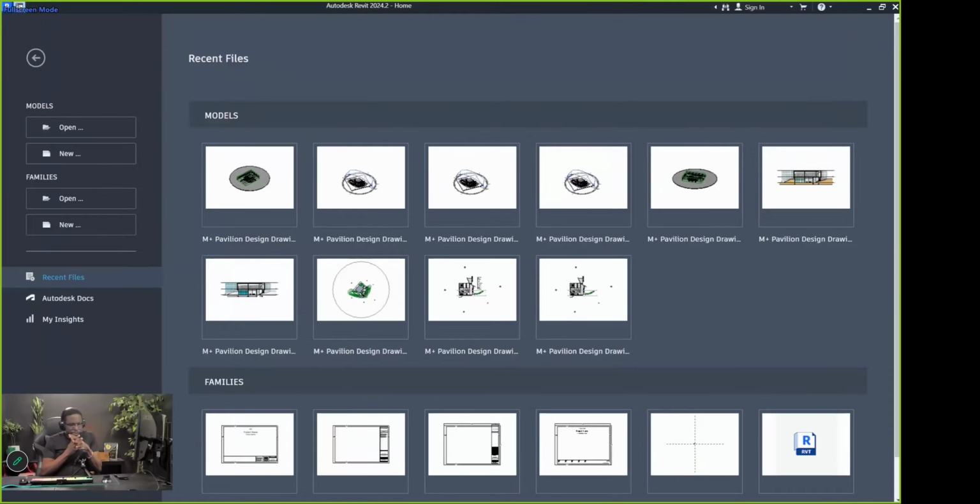Everybody is at a different position in your major project, but it doesn't matter if you haven't finished your BIM model yet. Even if you have a half modeled building, you are going to put that on a sheet